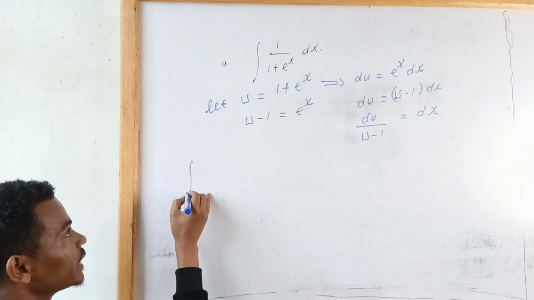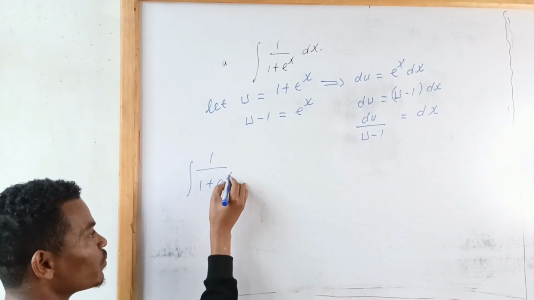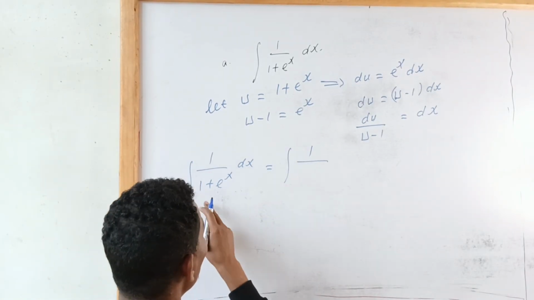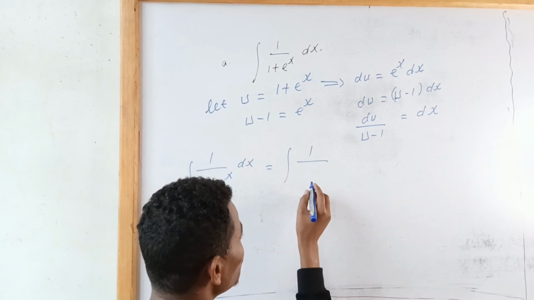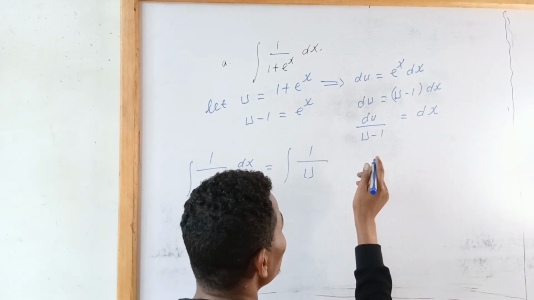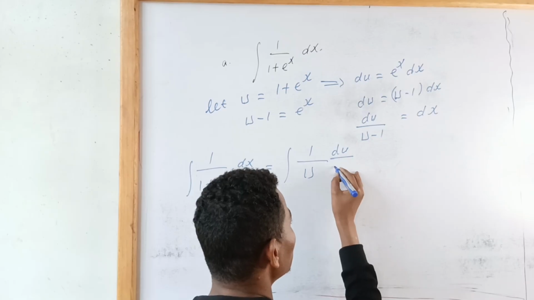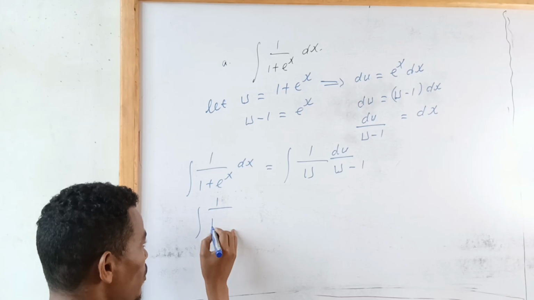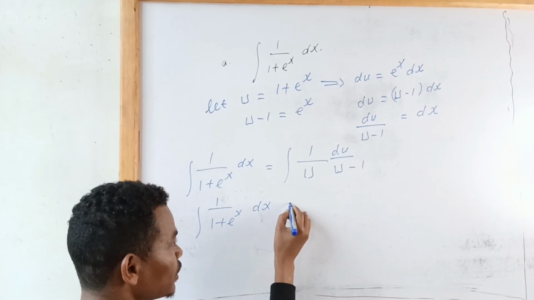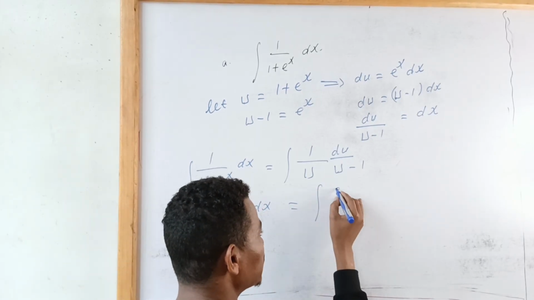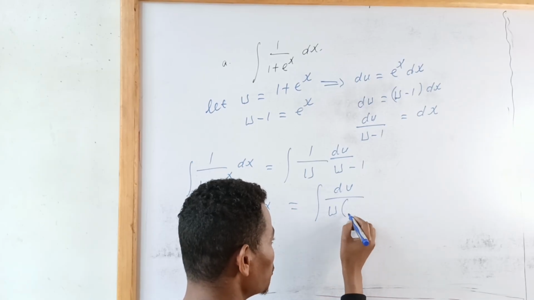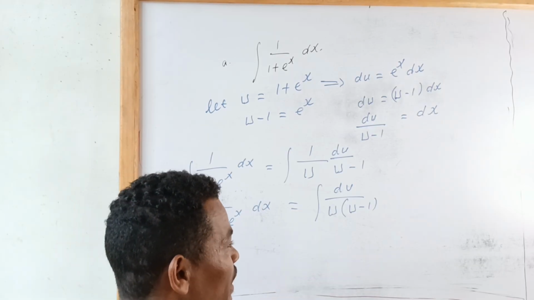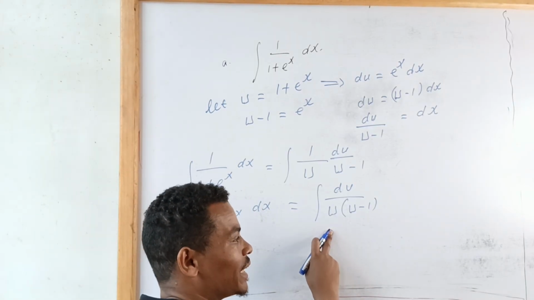Now, integration of 1 over 1 plus e to the power of x dx is equal to integration of 1 over 1 plus e to the power of x, which is u, dx, which is du over u minus 1. That is, integration of 1 over 1 plus e to the power of x dx is equal to integration of du over u into u minus 1. Again, we have to apply integration by partial